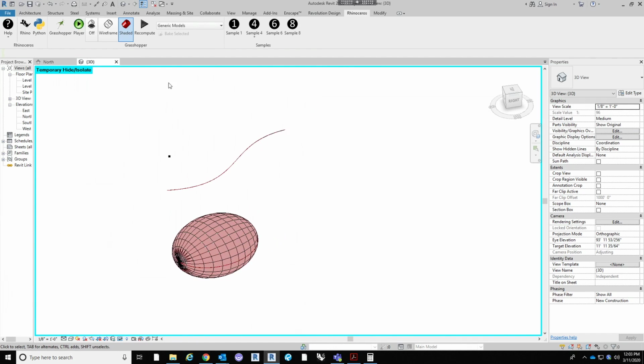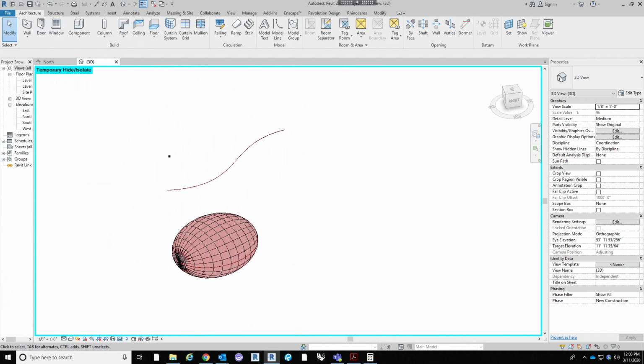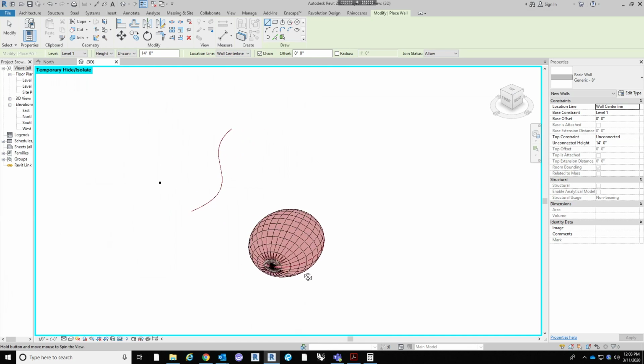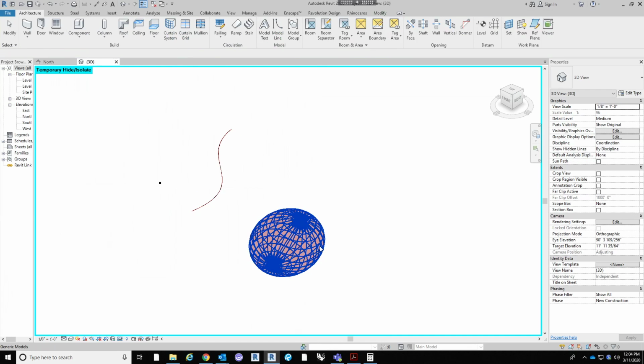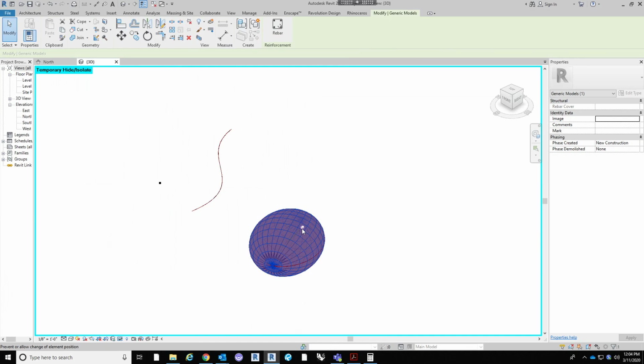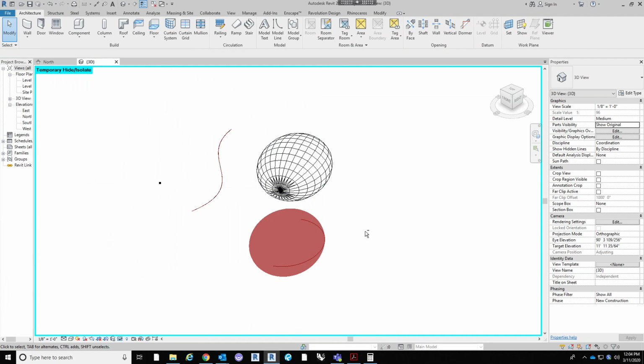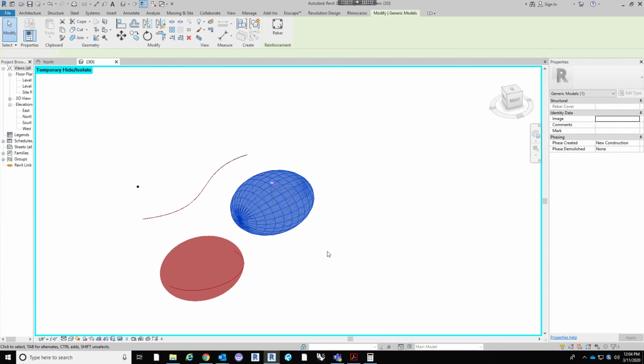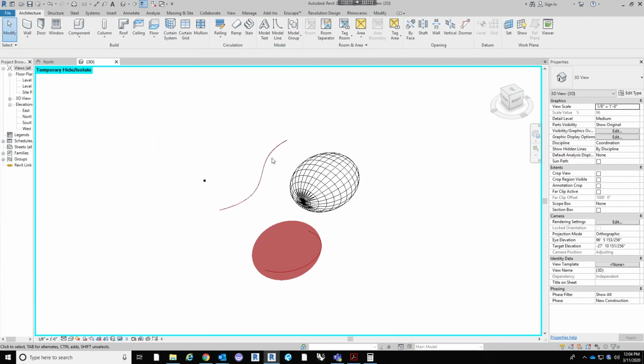Now, you can use it as a baseline. So let's just take a wall, for instance. It will snap to the endpoints. It'll snap to the point, and obviously it will snap to any kind of geometry. Very interesting. But it can't be used